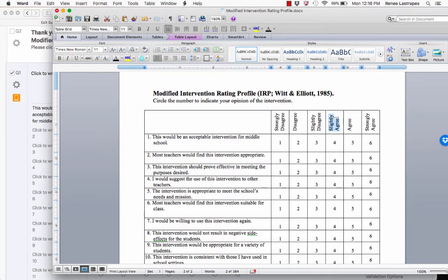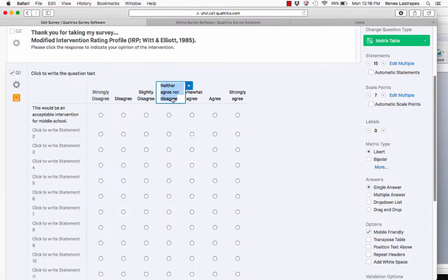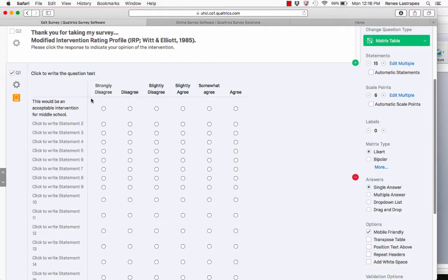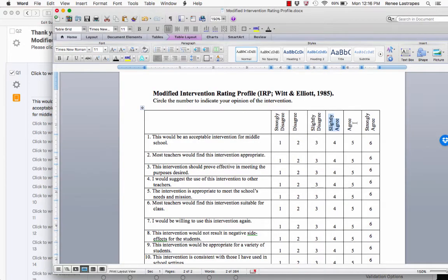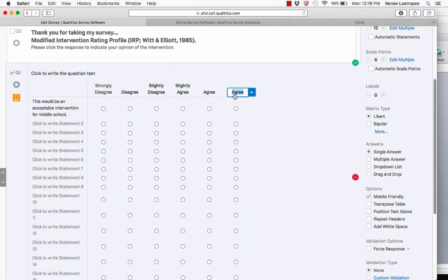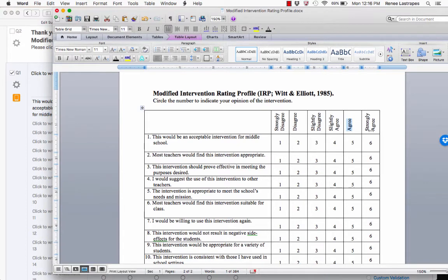Obviously their text is different than what I have because I don't have a neutral statement. How many do I have? I have 7. I want 6. So strongly agree, disagree, slightly agree, somewhat agree, agree. Those are wrong. Agree, agree, and then strongly